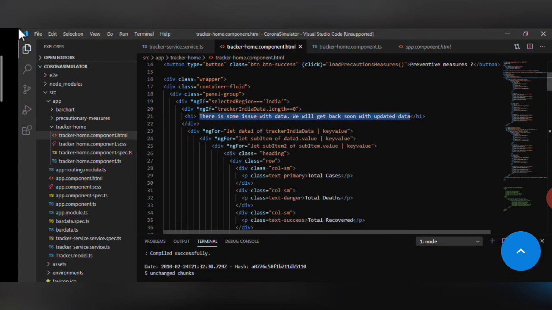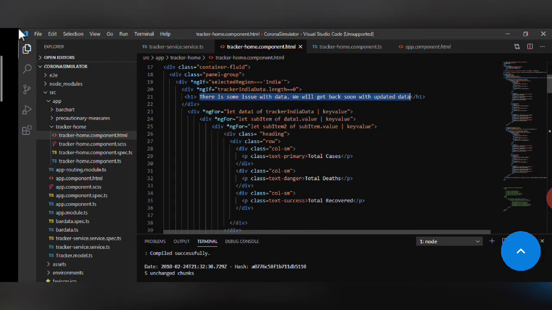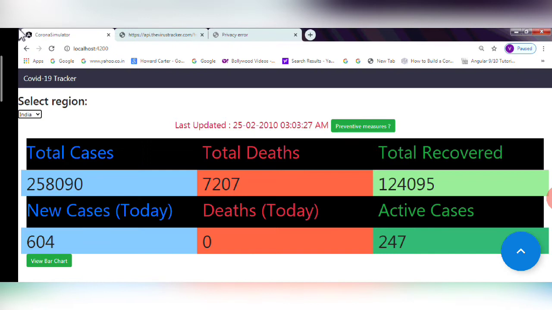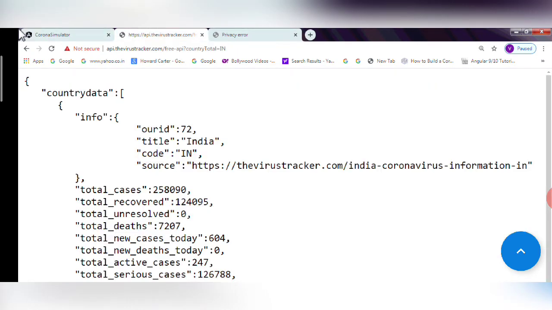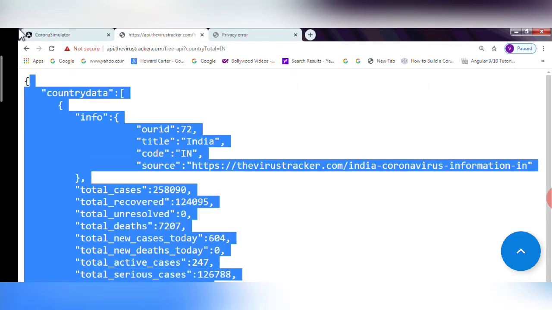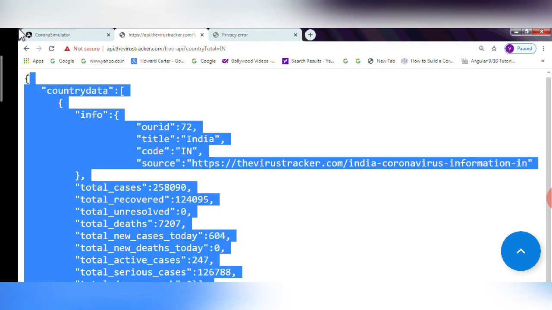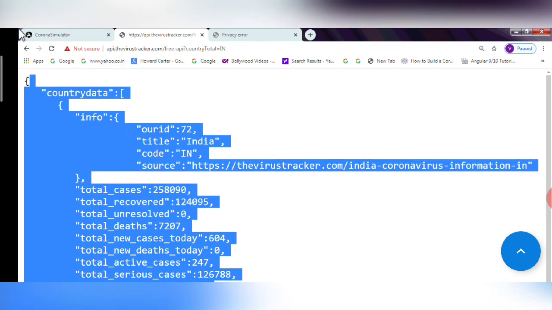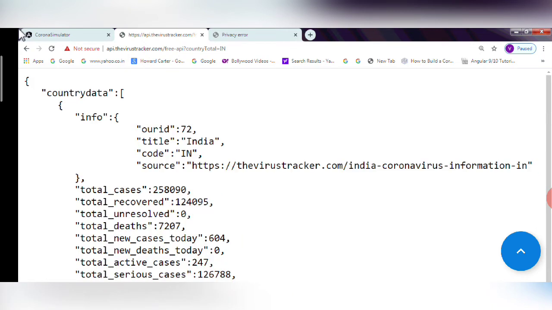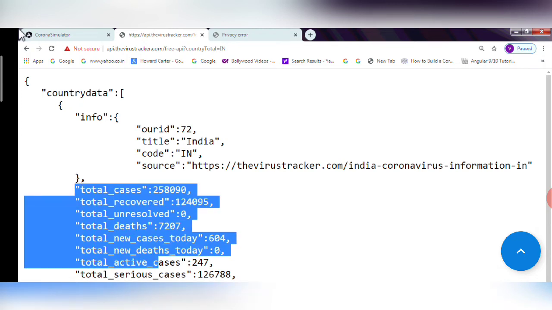Okay, now here I have used ngFor loops, and there are 3 for loops because our JSON structure is like this. The first for loop is for looping into this outer part, the second inside this country data, and the third inside this. I am not showing this title part, so I am directly taking the total cases and recovered.